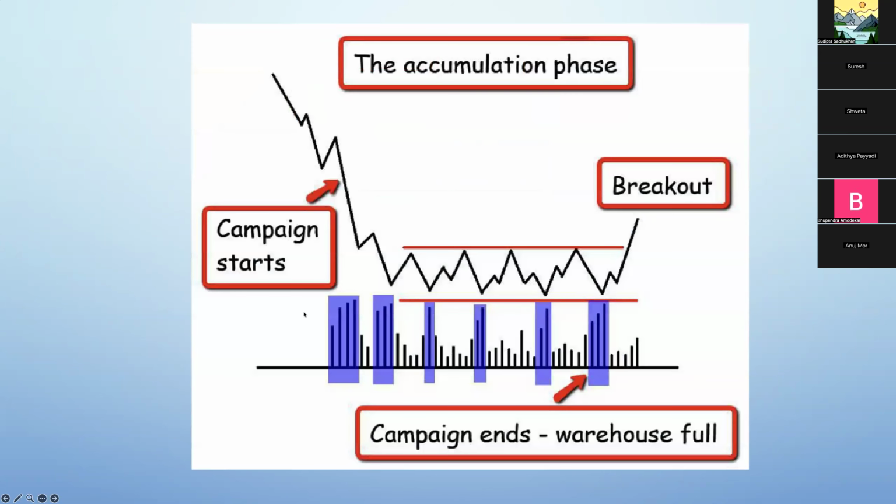Okay, so now let's come to the accumulation phase, and then we'll discuss the distribution phase. In accumulation, what happens is the price drops and it's just consolidating, moving sideways. That is called an accumulation phase. Here, what you will see is, when the price comes down a little bit to a support line, market makers will start